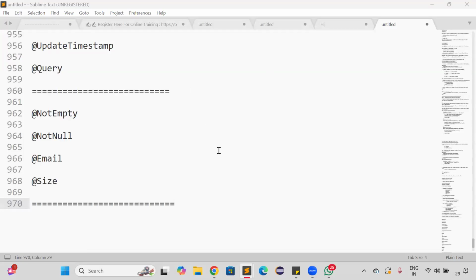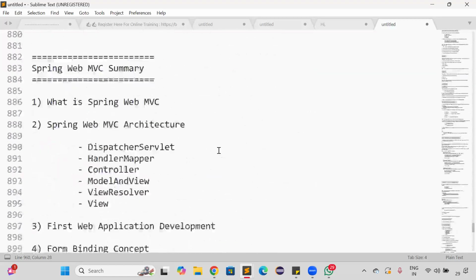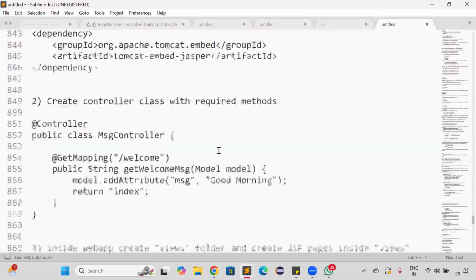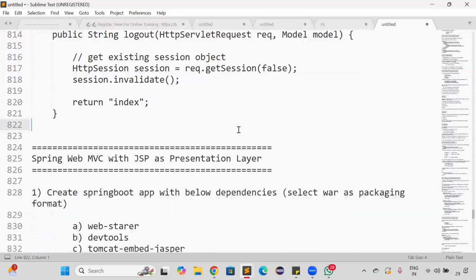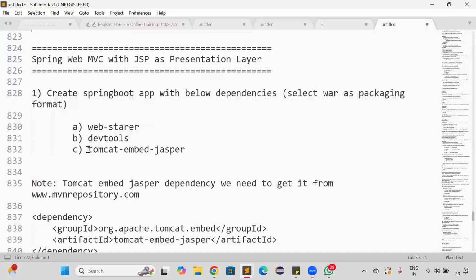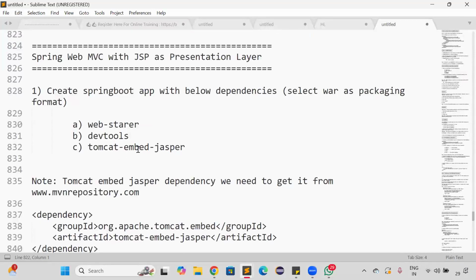Good morning. In the last session, we discussed how to work with JSP as our presentation layer. Earlier we used Thymeleaf for our presentation layer development, and Spring MVC supports multiple presentation technologies. One is Thymeleaf, another one is JSP. So if you want to work with JSP as a presentation technology, then we need to add Tomcat embed